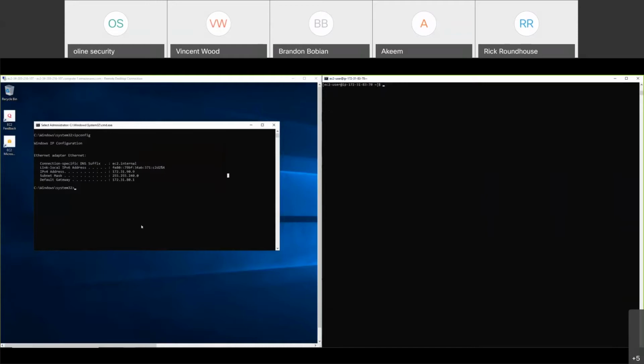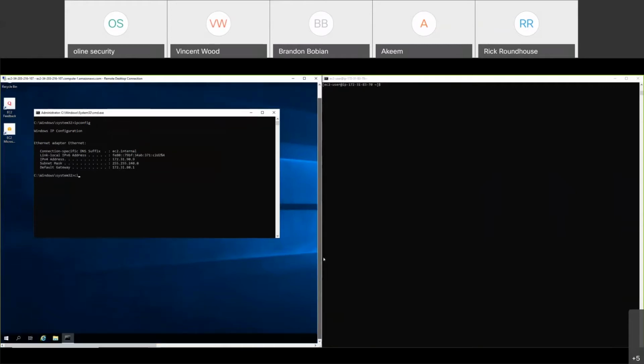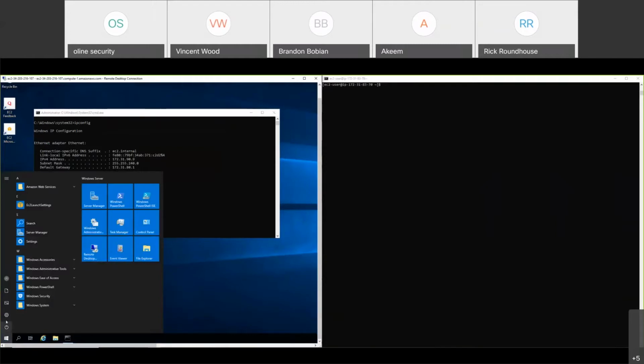You shouldn't be able to ping it still, and it's because every once in a while Windows wants to get it right. They want to act like they're secure every once in a while. So Windows has the firewall on the host itself. We have the security group in AWS, and then in Windows, if you go to your firewall, it's on and it's stopping the ICMP vehicle from driving in.